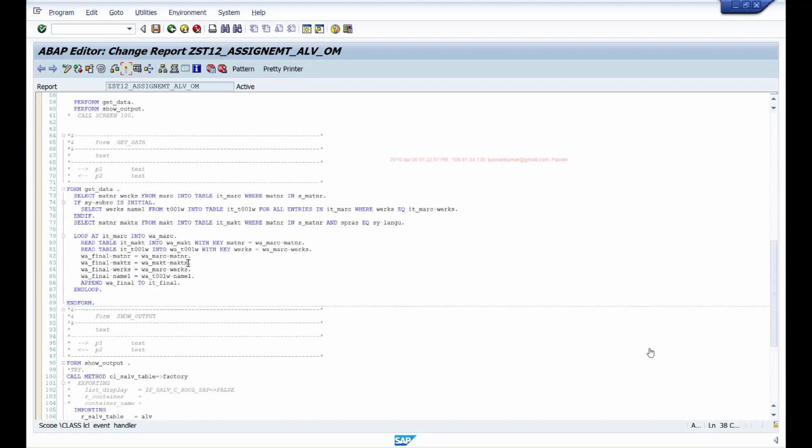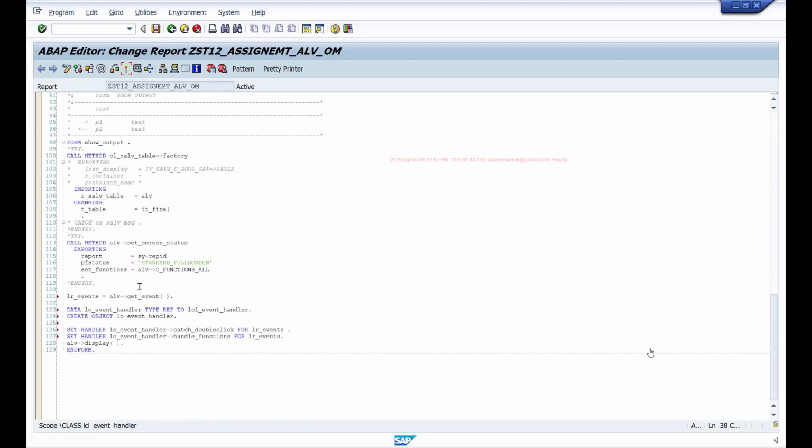And when I'm calling this ALV get event method, it will return a reference to the events that are raised by that ALV, and I'm setting a handler for those events.